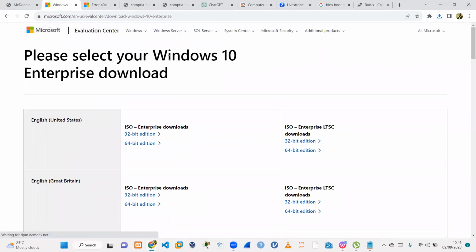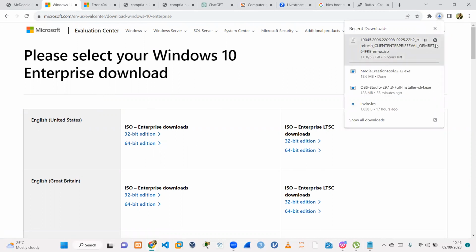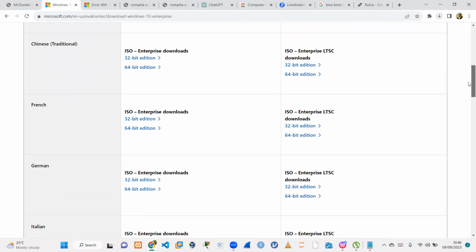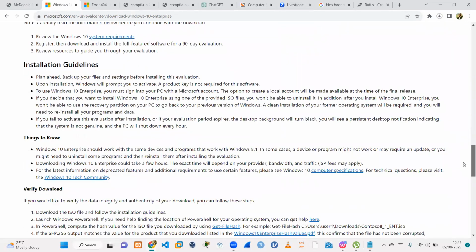So please select your Windows 10 Enterprise Edition. This is the ISO file. If you click on this, let's say the 64-bit, this is Windows 10 Enterprise. This file should be around 5 gig. If you have this file, this is an Enterprise Edition of Windows 10. If you download that 5 gig file, the next thing you want to do is